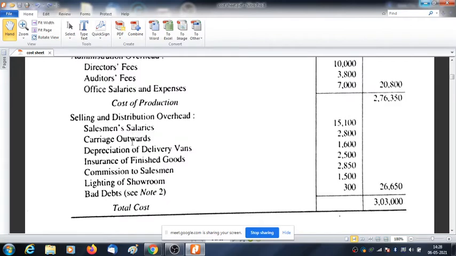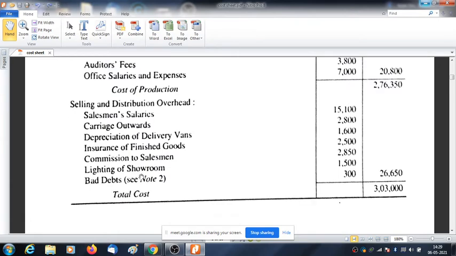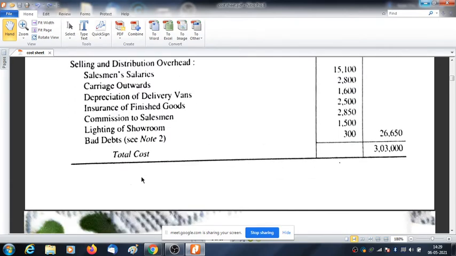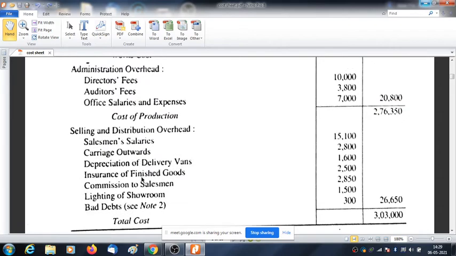Under this, all selling expenses are there, and they have taken bad debt by giving a note, but it is not the proper procedure because this book is a Calcutta based book, and I have used Delhi based books used in the chartered accountancy exam. They have clearly mentioned bad debt should not come in cost sheet. As per the professional exam or as per the guideline of the ICAI, bad debt should not come in cost sheet.